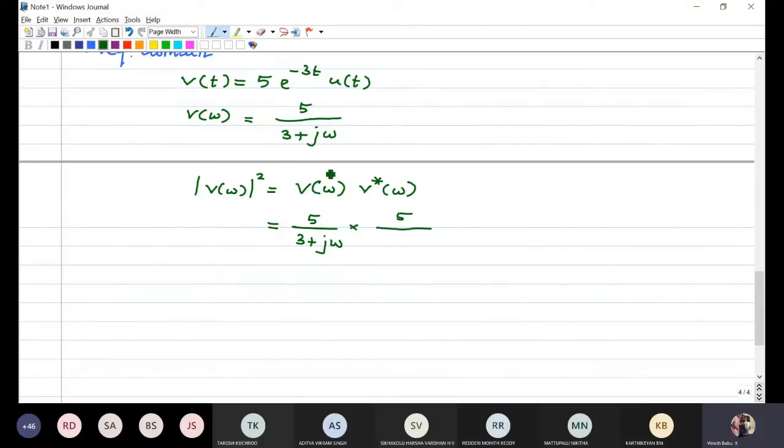Wherever the complex number is there, you just make j to minus j, so you will get 3 minus j omega. If you multiply numerator, 5 into 5, 25. This is something like a plus b into a minus b. So 3 square, it's 9. j omega the whole square is